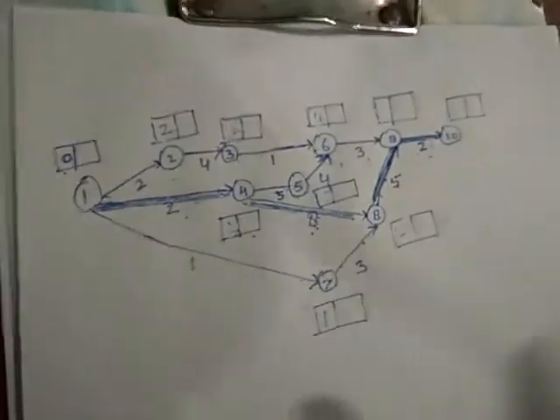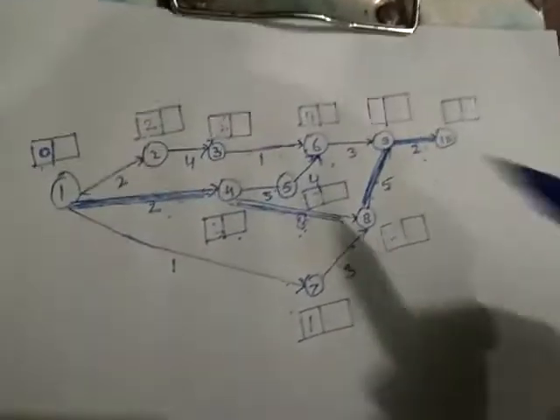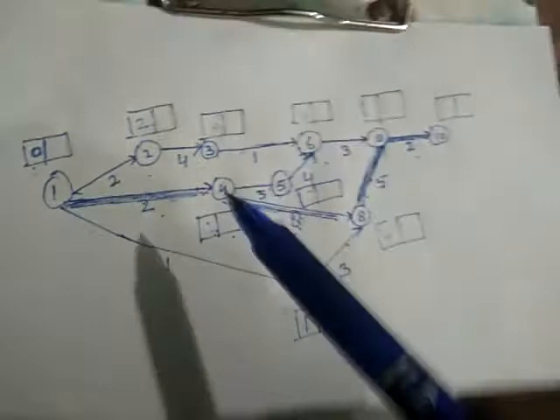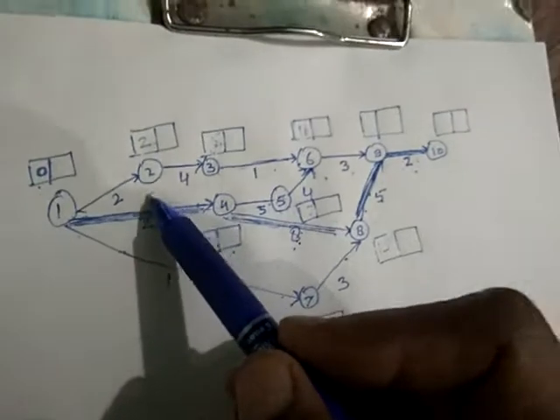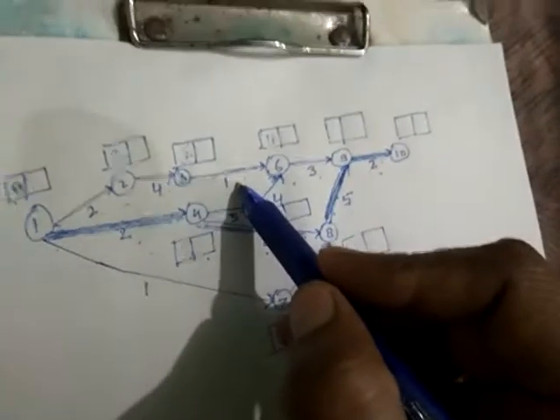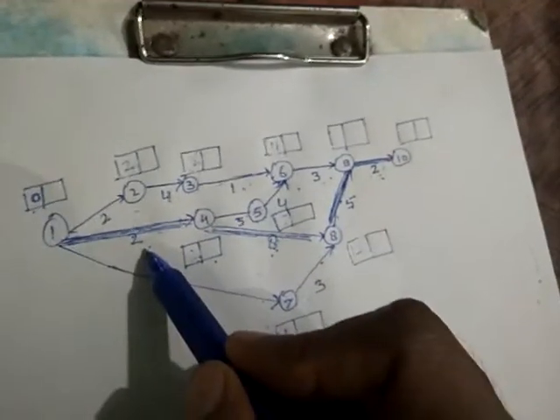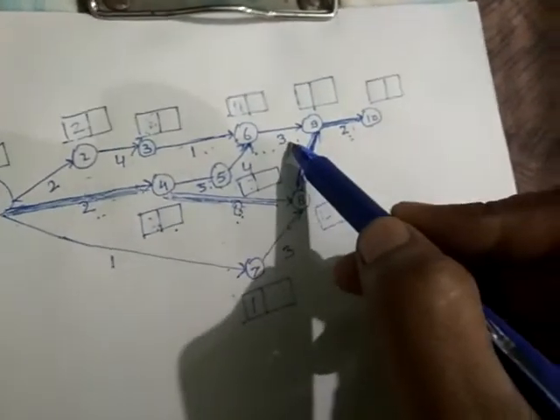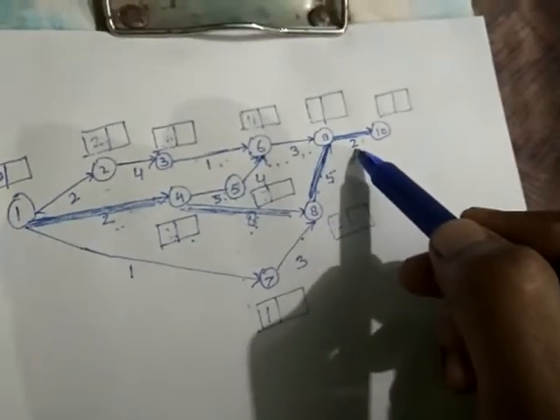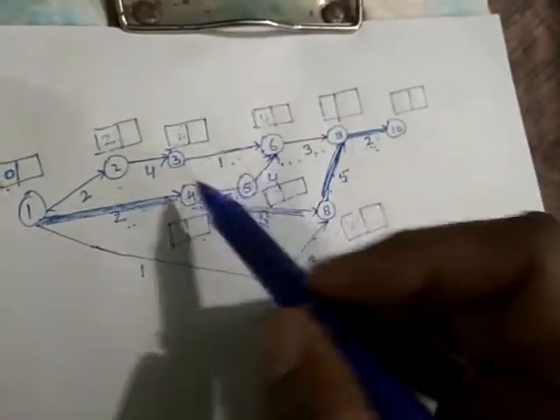In such small diagrams you can easily identify the critical path and critical activities with the help of observation only. So we will trace out the path with the longest duration, that will be the critical path. Now count the duration of this path: 2 plus 4 is 6, plus 1 is 7, plus 3 is 10, plus 2 is 12. Now for this path, 2 plus 5 is 7, 7 plus 4 is 11, 11 plus 3 is 14, 14 plus 2 is 16. Again 16 is greater than 12, so in comparison, the previous path will not be considered.